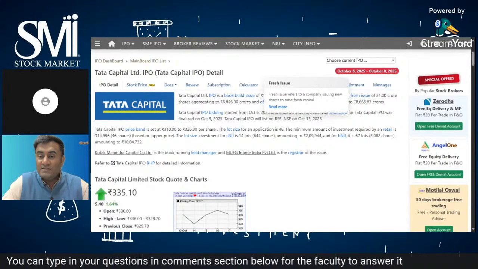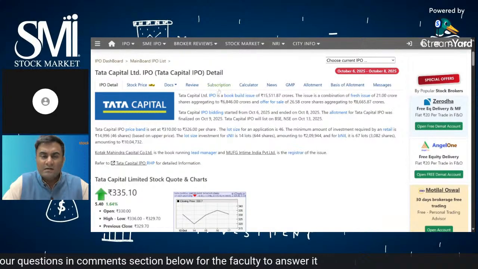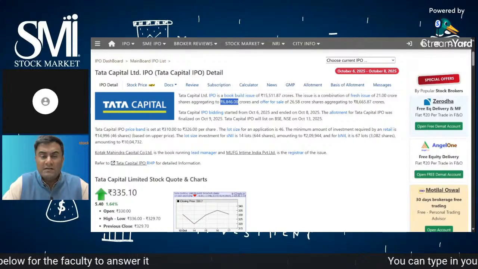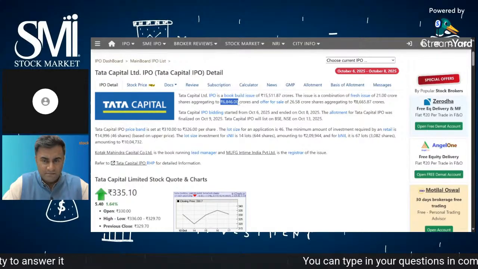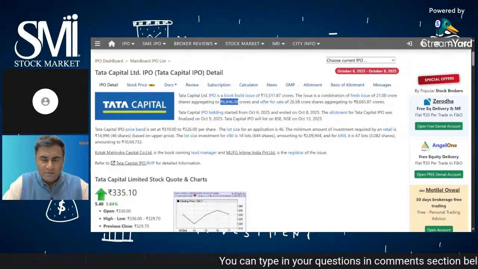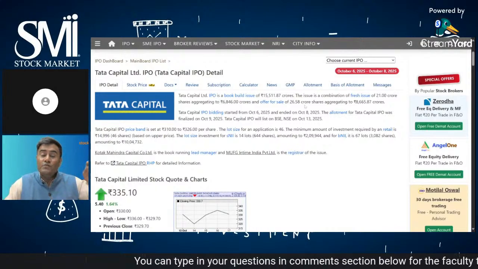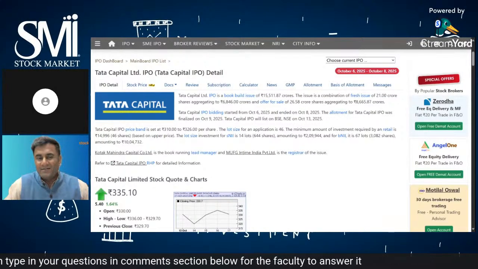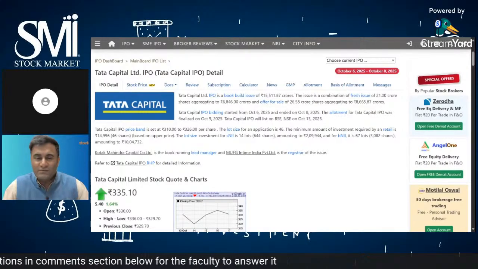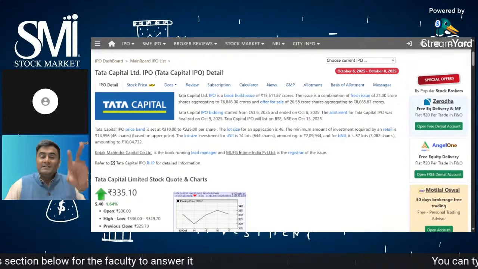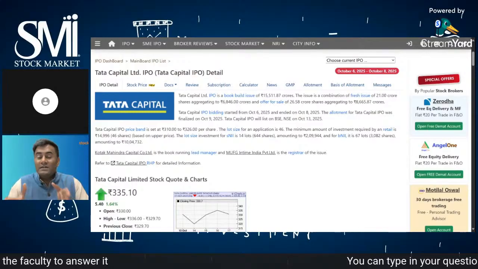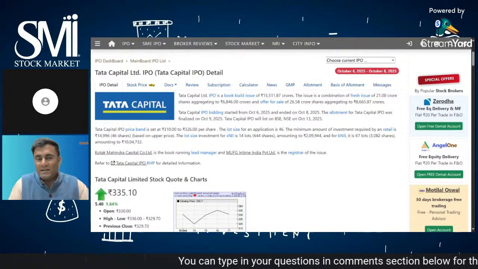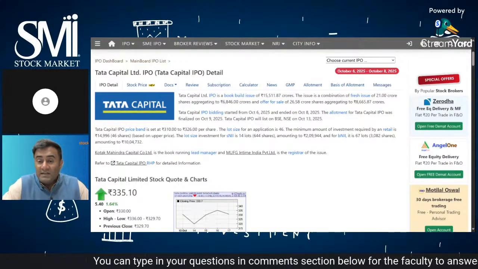Okay, so fresh issue is worth 6,846 crores. Okay, so this is the money which will go to the company when the issue gets listed. This is the fund amount raised which is going to the company, 6,846 crores, whereas